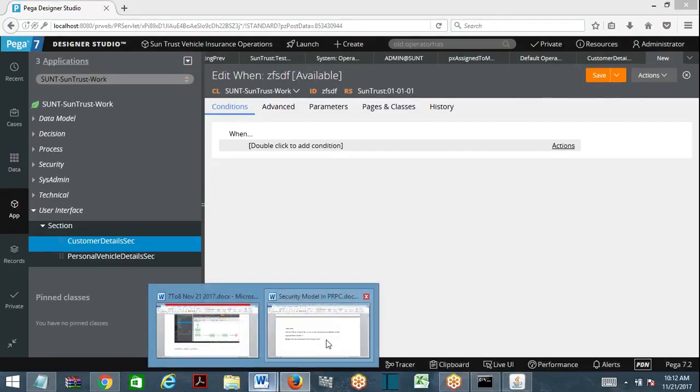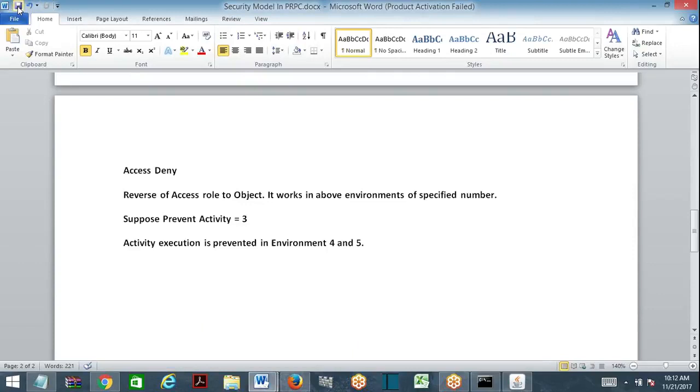So if you look at the differences of all these things, access roles, what are the differences between, role to object, privilege, and access when? No need to discuss the other one.